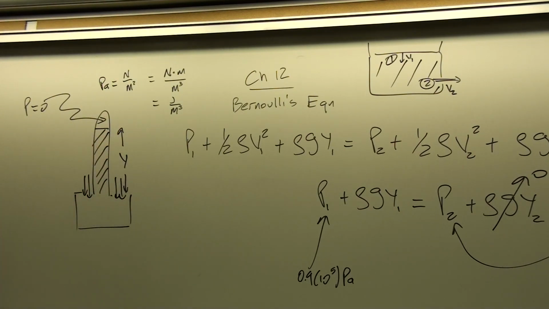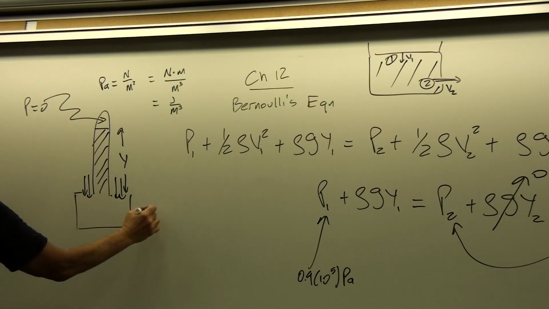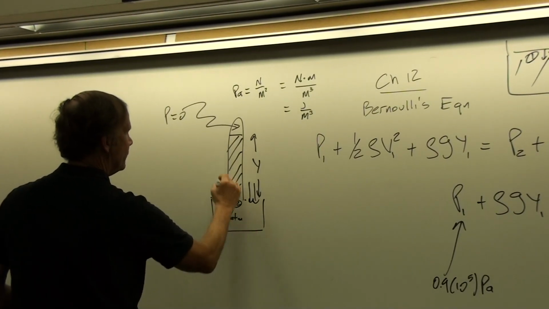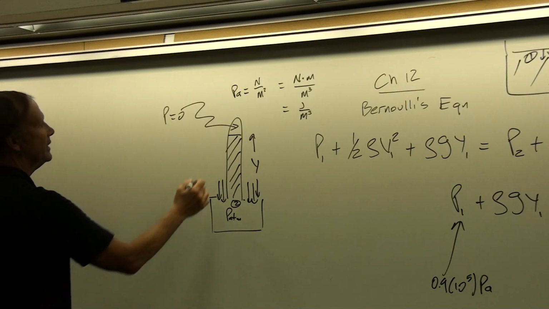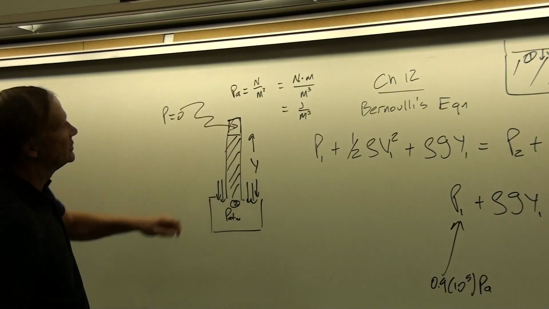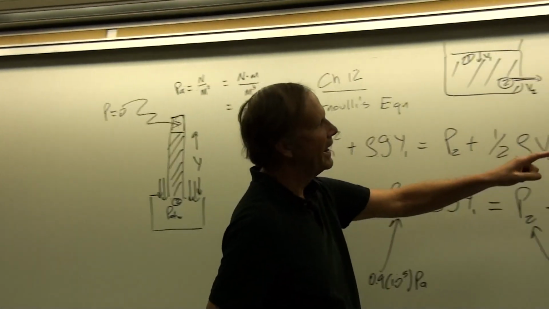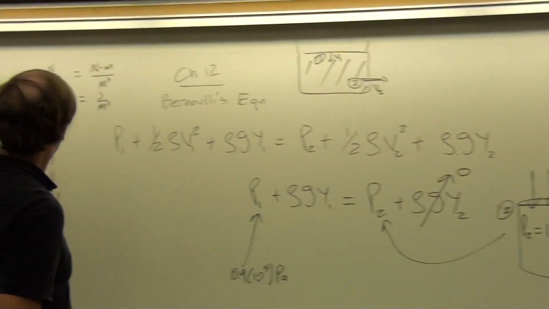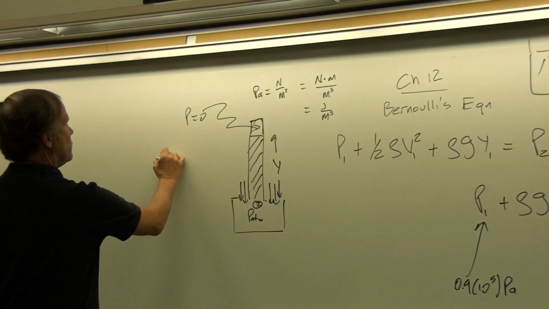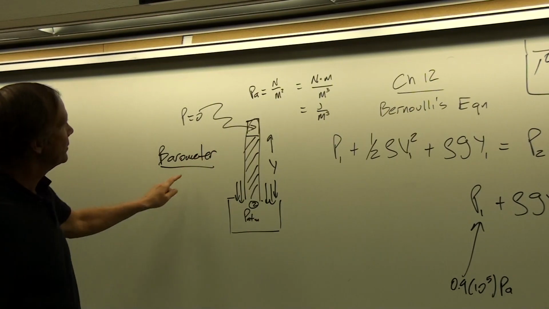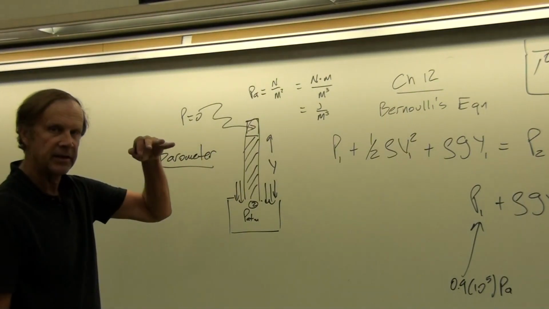and then that drives the fluid up into this region. Okay, and so you could try this with a water barometer with the pressure up here being 0, and the pressure here at this point is P atmosphere, whatever the atmospheric pressure happens to be. But then you make it 0 up here by evacuating this region so that there's no pressure up there. So instead of in the mouth here having 90% of atmospheric pressure, here you've got 0 pressure in a barometer. Remember that a barometer measures atmospheric pressure by the height of the barometer.